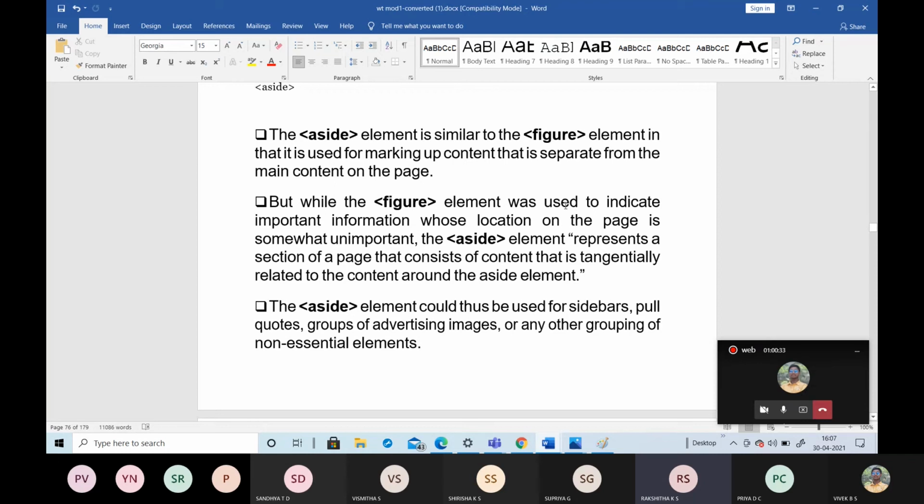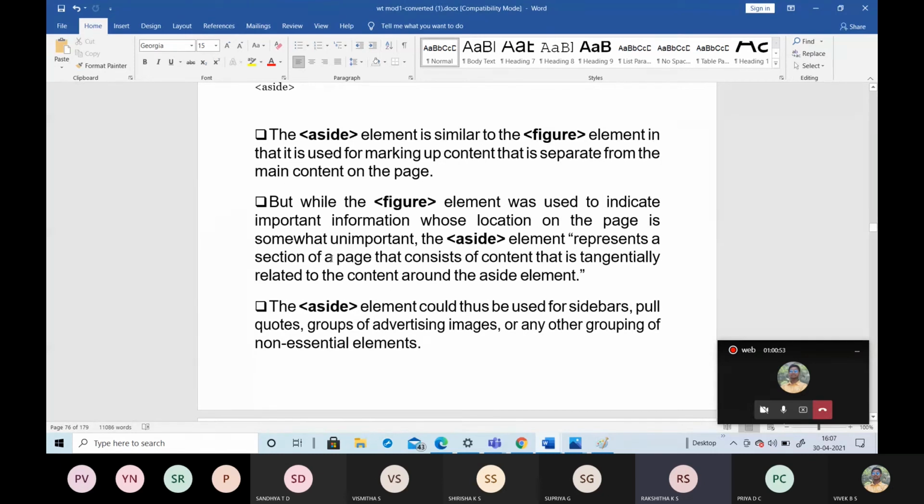The figure element is used to indicate important information whose location on the page is somewhat unimportant. Wherever we place that image, its location is unimportant.